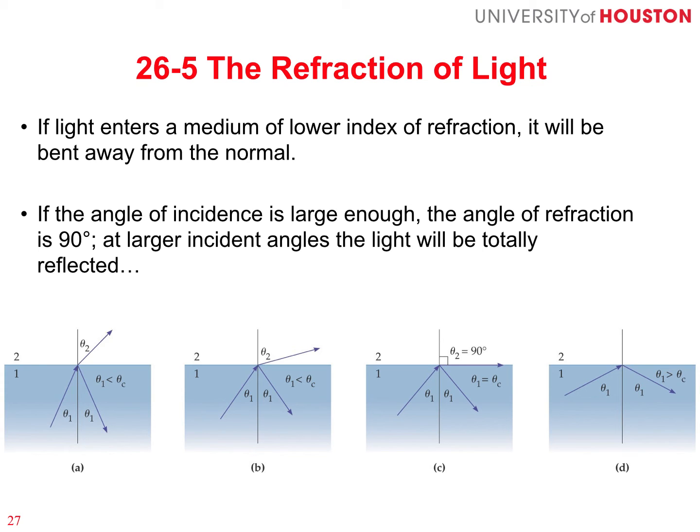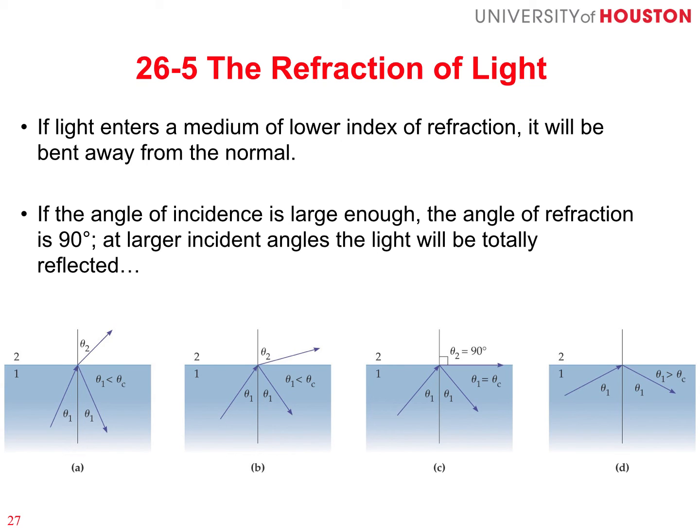We can then increase this angle with respect to the normal. For the incident light, we make theta 1 bigger. We still find some of the light is refracted, and the refracted light is bent even more so relative to the first example. The reflected light will have the same angle of reflection as the angle of incidence, which comes from the law of reflection. At some point, we can increase theta 1 to a point where the refracted light passes at 90 degrees with respect to the normal. We still have some light that is reflected, which is shown by theta 1,